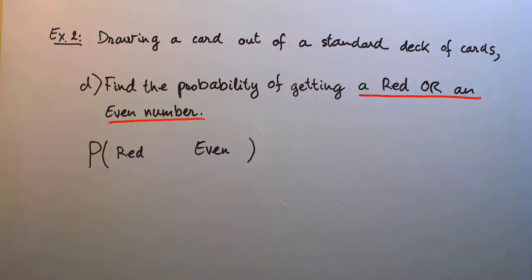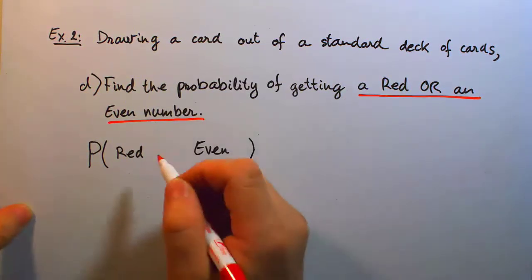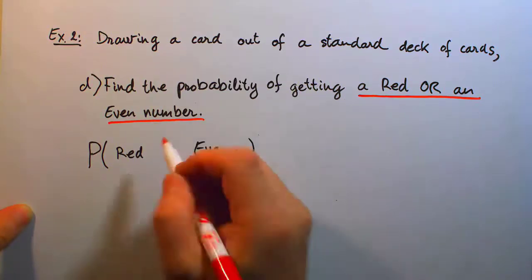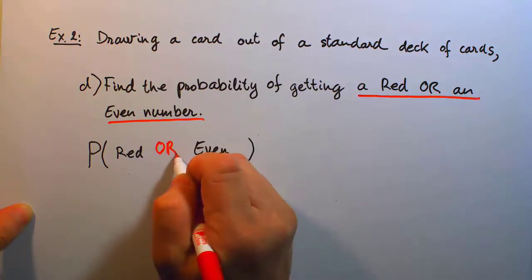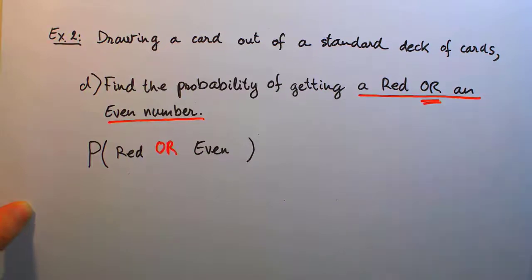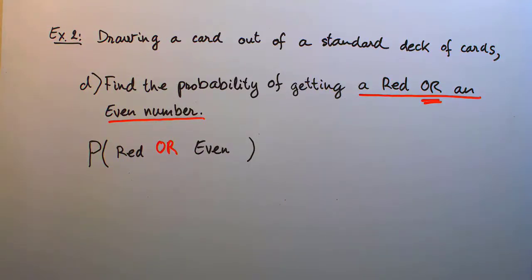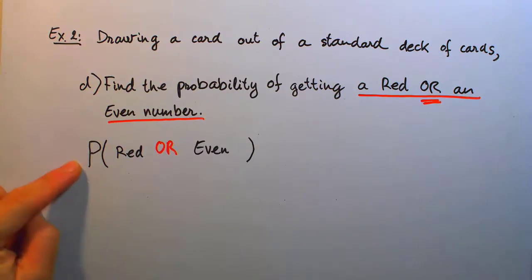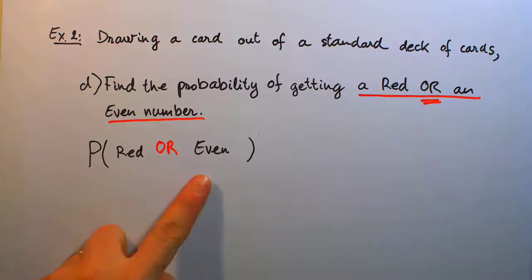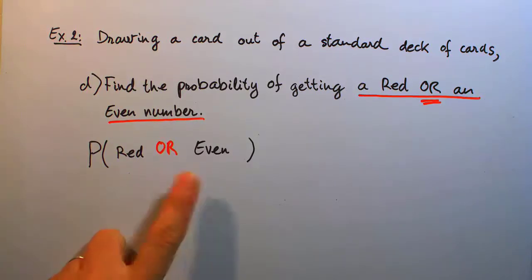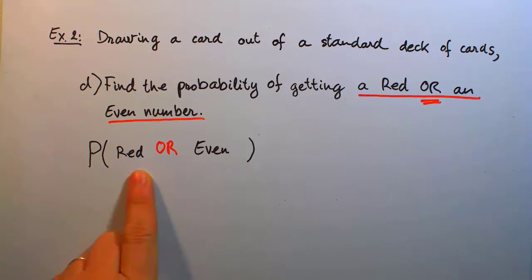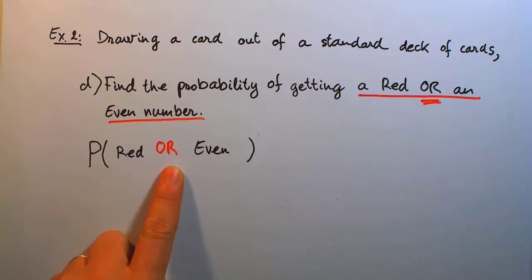So two different properties: red is about the color, but even is a property that exists among the numbers. The keyword we recognized this time is or. It doesn't matter if we use the spoken, the written language, or even the symbolic language, it's all the same. We have to put the keyword or here. That's quite easy to recognize. So when we get to statements with two separate requirements, logically connected by the or,